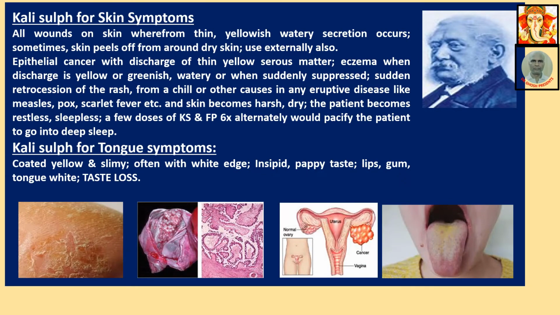Kali Sulph for skin disease or skin symptoms. All wounds on skin where thin yellowish watery secretion occurs. Sometimes skin peels off from around dry skin. Use it externally also, that is, in case of skin disease, when you give medicine orally,